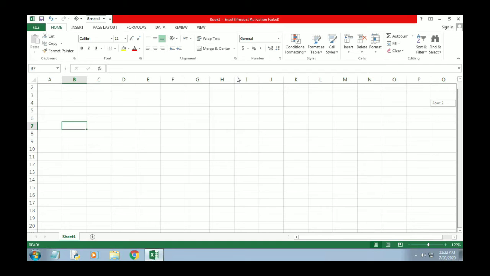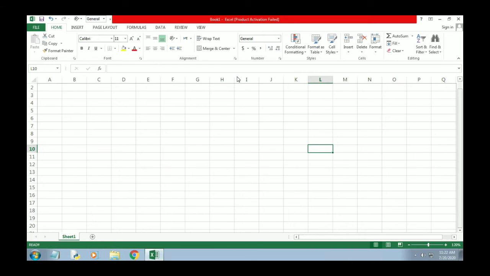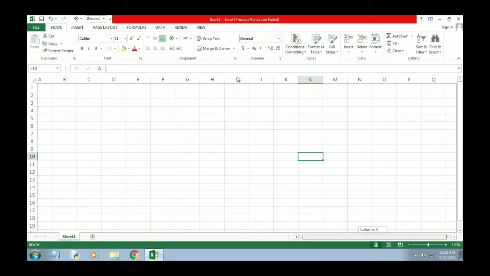This one is the vertical scroll bar, and on the bottom side we have the horizontal scroll bar. By using the vertical scroll bar you can move the page up and down, and by using the horizontal scroll bar you can move the page left and right.